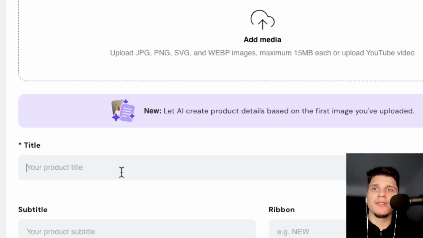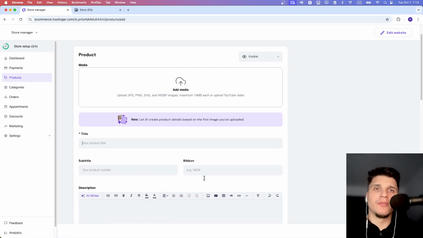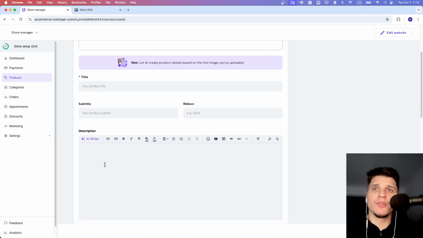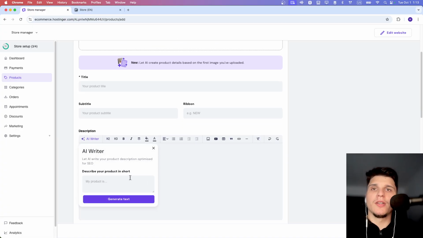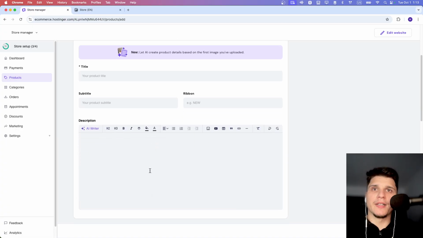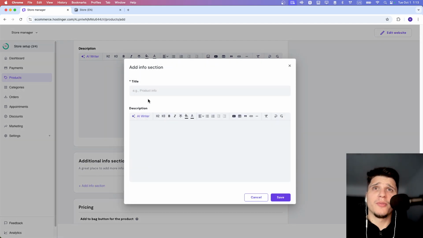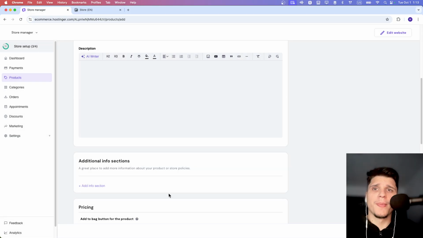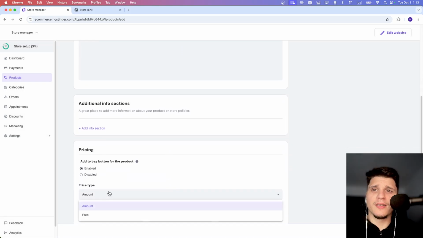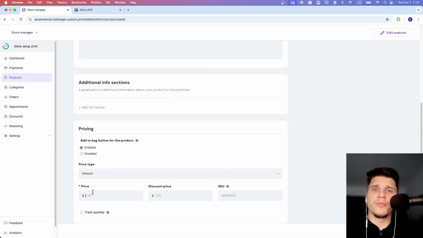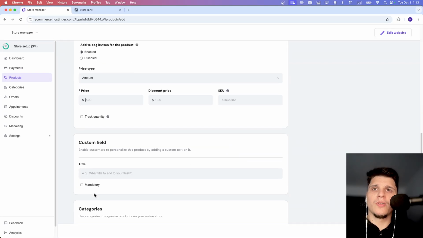Type the title, the subtitle, the ribbon if you want. Add a description. You can also use AI. You can describe the product and it will generate a text for your product. You can add some additional sections from here, title and description, and pricing, amount, add a price here, track quantity,